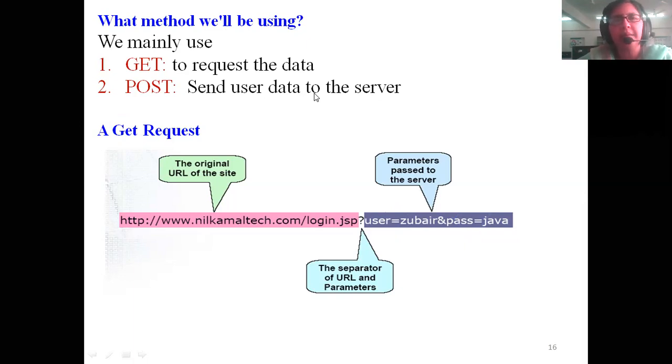method. In the get method, whatever parameters you are sending to the server will get appended as a part of the URL. In the post method, whatever data you are sending to the server will be hidden inside the body of the HTTP request packet. It will not be shown as a part of the URL. So if you have any safety reasons, it is better to go ahead and use the post method. In case of the get method, you can see the URL getting appended, since the data is very less, it becomes a part of your URL.